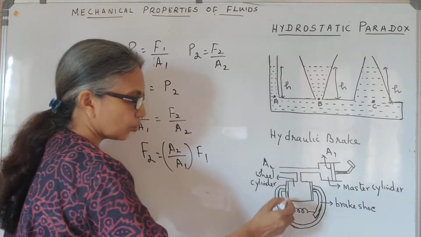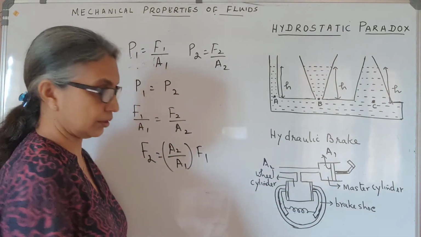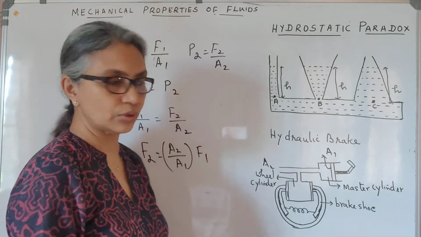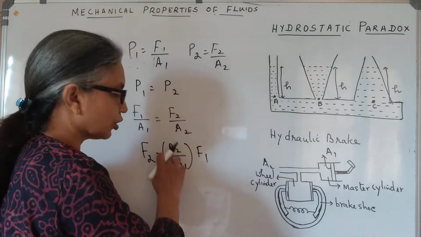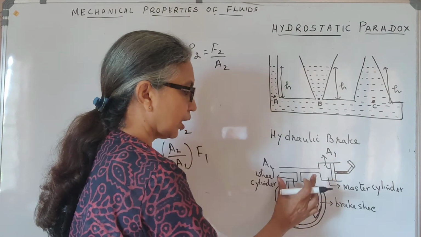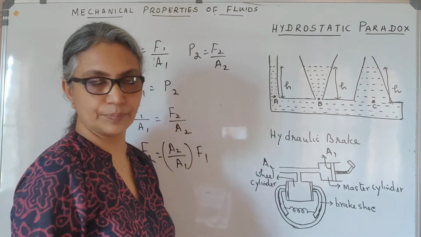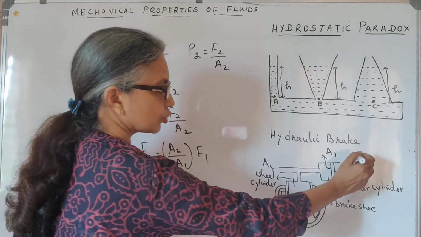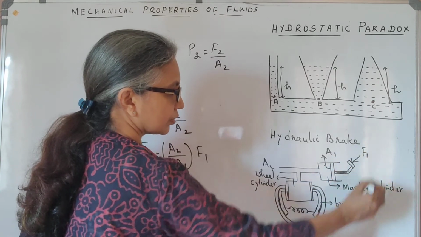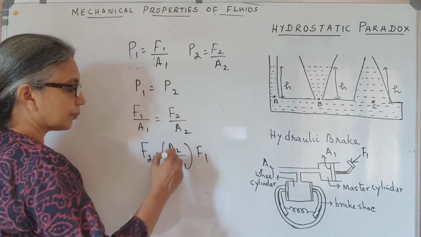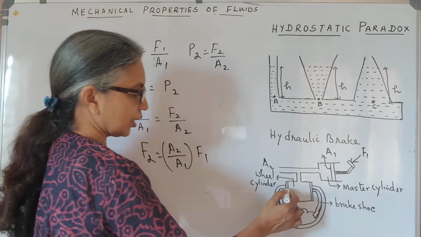So that means when the wheel cylinder has area, the pistons have larger area, A2. So this mechanical advantage is A2 by A1. Because this is larger, A2 by A1 will be a large number, multiplied by whatever force you are applying here. You are applying with your foot some force F1, which will be multiplied A2 by A1 times, F2, and that